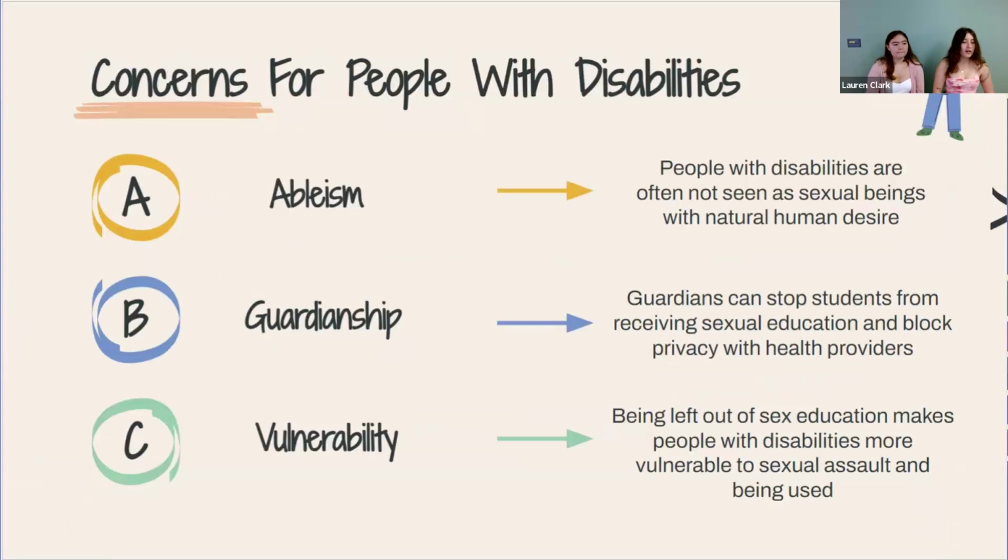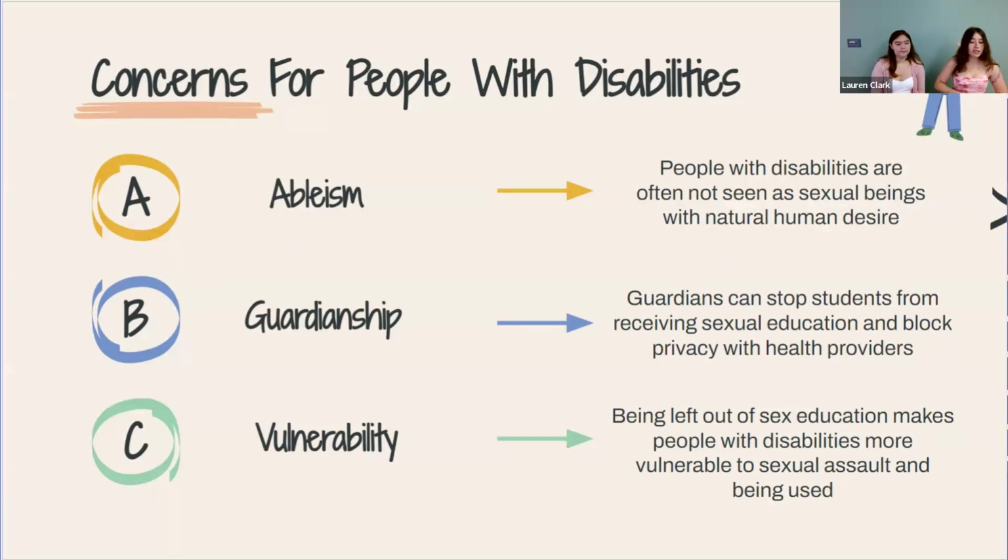And then there are concerns for people with disabilities, and these concerns are what lead to the lack of sexual education for people with disabilities. The first one is ableism. People with disabilities are often not seen as sexual beings with natural human desire, and as we know, this is untrue. So the deep roots of ableism within our country is what makes it so that people with disabilities often don't get the same opportunities for sex education as everybody else. And then another one is